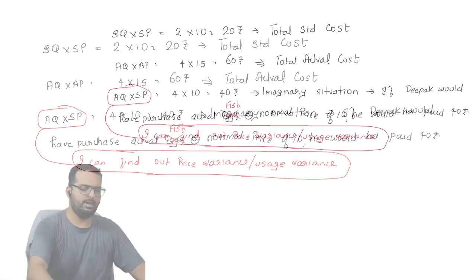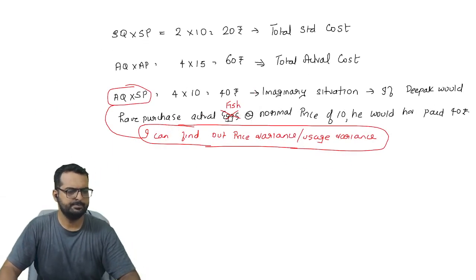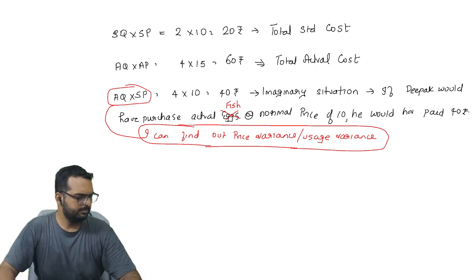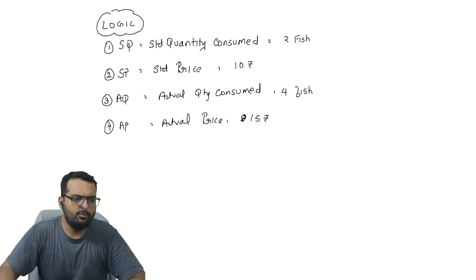All right, friends, are you all done writing this? Everyone? Fine. Friends, so once we are done with this part, I will now explain to you the logic one by one. The first one is called as